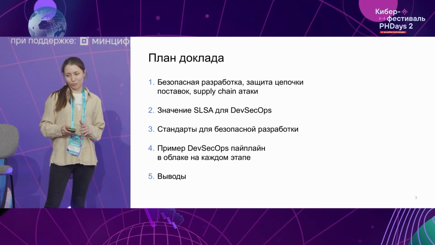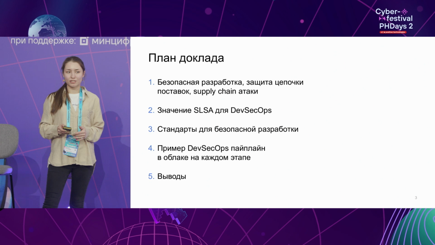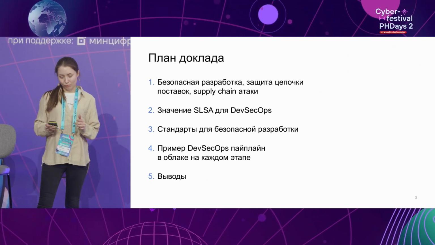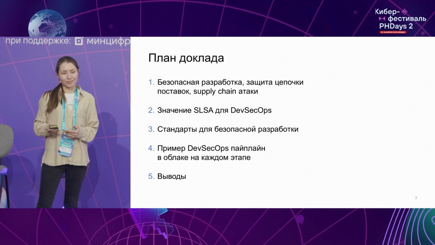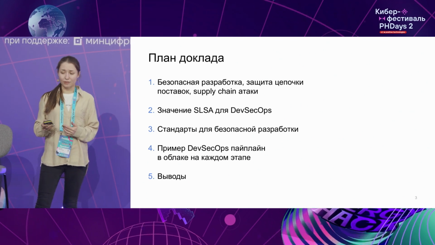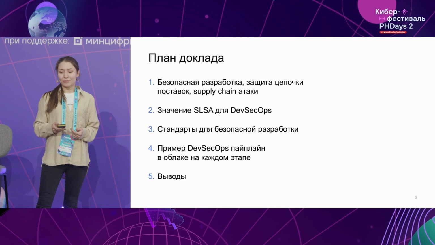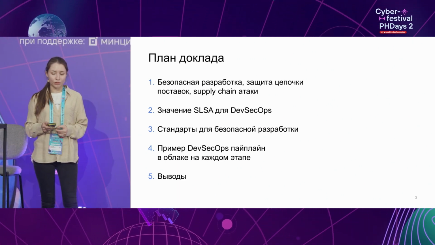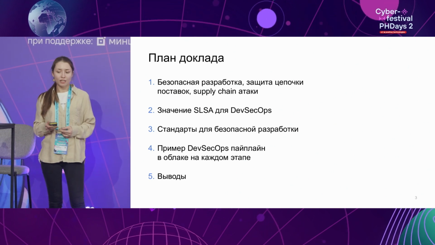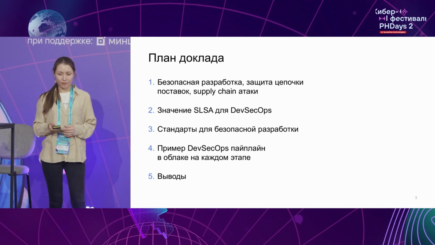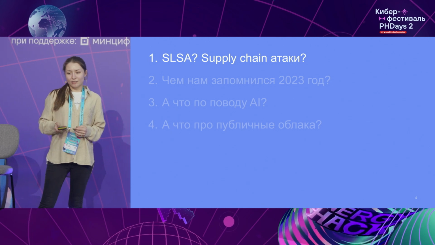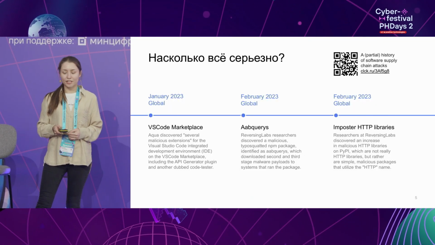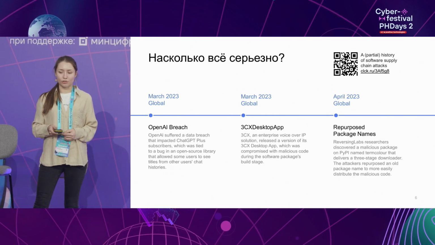The plan of my presentation will be the following. In the beginning, I will speak about safe development, protection of the supply chain, some theory to fill the lack of knowledge. Then we'll dive into what SLSA is and what it means for DevSecOps. Then we'll speak about standards of safe development, and then a more practical example, a DevSecOps pipeline in the cloud at every stage, and then conclusions. Supply chain attacks, and how serious all of this is. If previously there